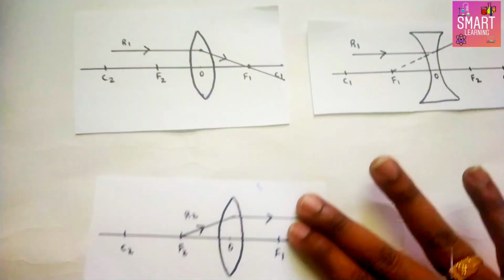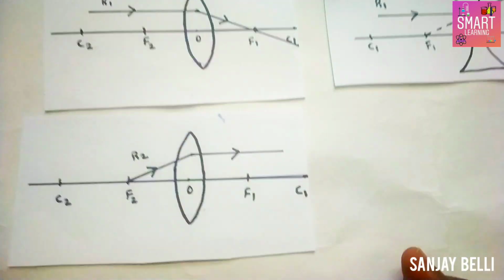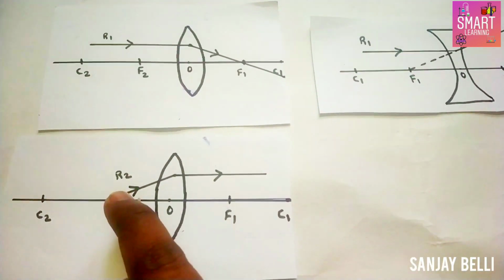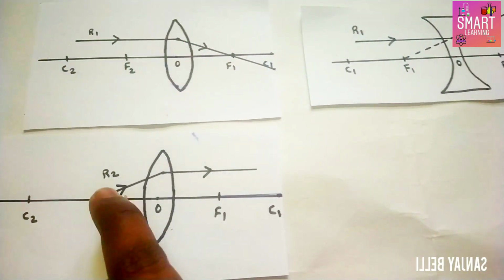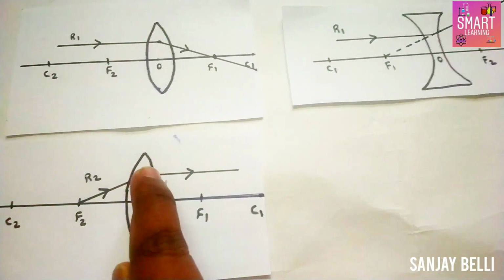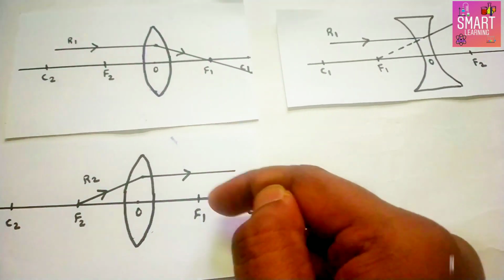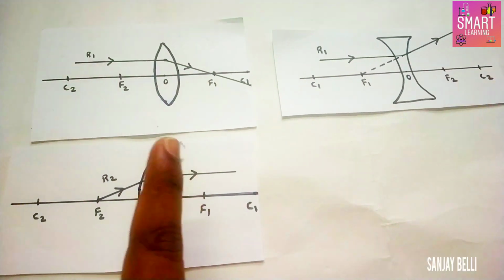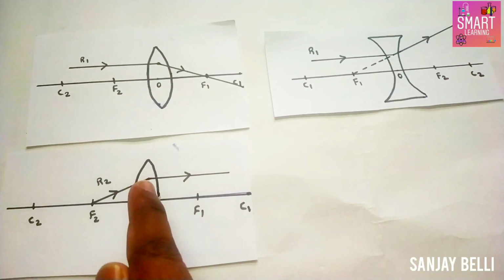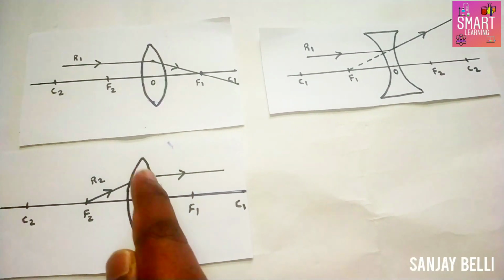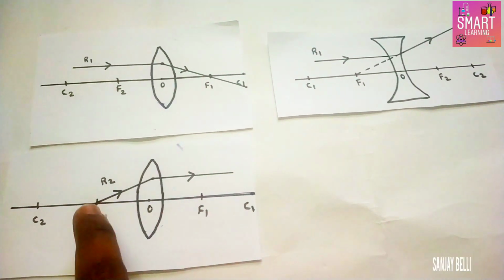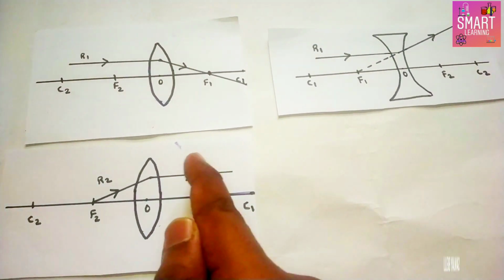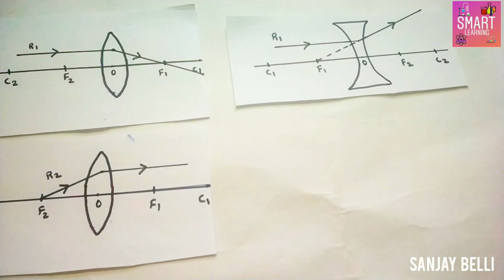Now you can observe your second rule, which is quite opposite to your first rule. Here you can see the light ray coming from the focus or focal point and falls on the lens, then the refracted ray will be parallel to the principal axis. Okay, in a lens, as we discussed, when a light ray passes and falls on the lens, the ray will be refracted. Here you see the light ray coming from the focus, after falling on the lens, the ray will be refracted. The refracted ray will be parallel to the principal axis.